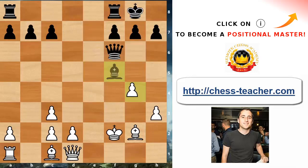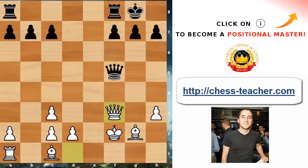Bishop takes f5, g takes f5, queen takes f5, queen f3. It looks like the white king is a little bit exposed, but in reality black has almost no pieces that can attack him at the moment, so actually black is doing pretty poorly here. White is having the advantage of the two bishops here, which are about to become very strong. This bishop might go to a3,